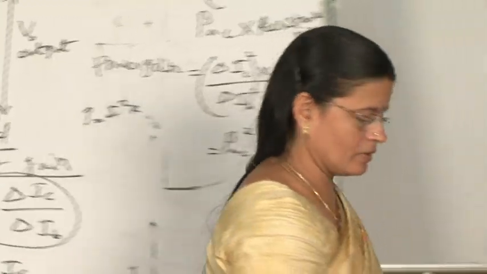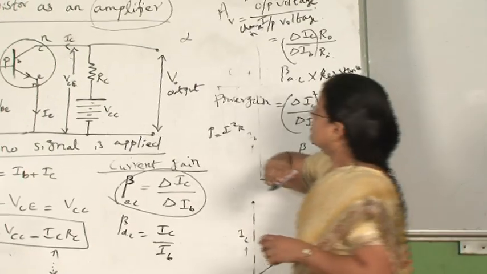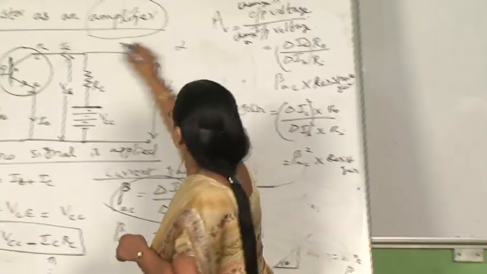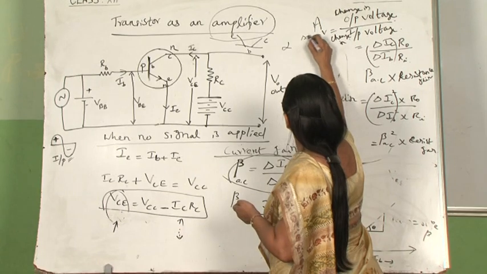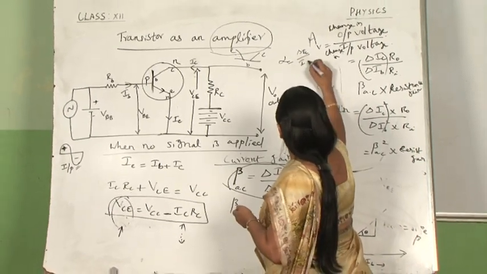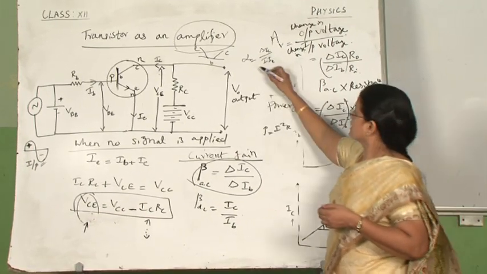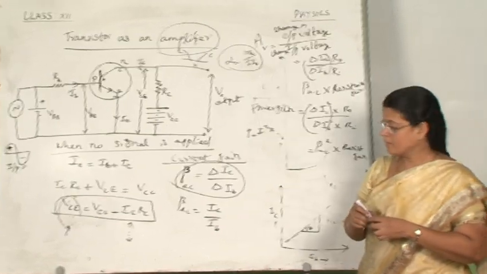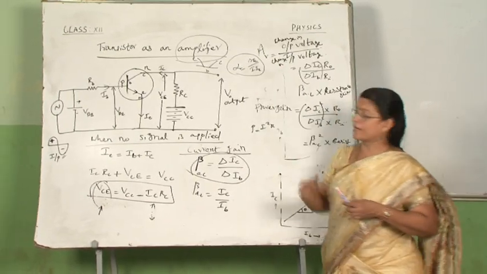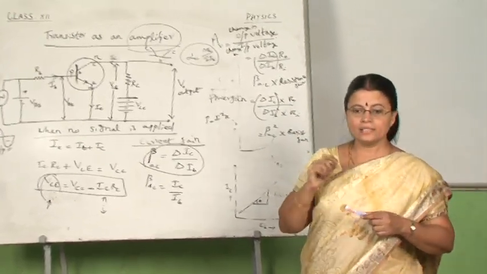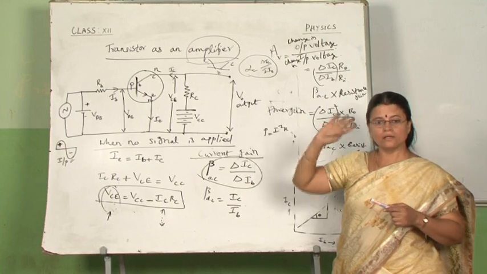Okay. So, in the case of common base configuration, if you calculate the current gain, its symbol is alpha. So, in the case of common base configuration, what will be the output? Common base, this will be emitter base collector, output will be collector only. So, delta IC, but here input will become delta IE, because now input will become emitter there in common base configuration. So, if you calculate alpha value, we will see that beta value for common emitter configuration will be far higher than the value of current gain which we obtain in common base configuration. That is the reason why we will not choose this configuration, and always transistor is connected in the common emitter configuration.